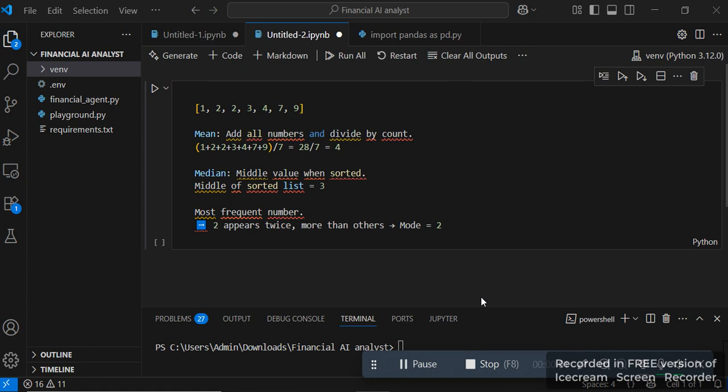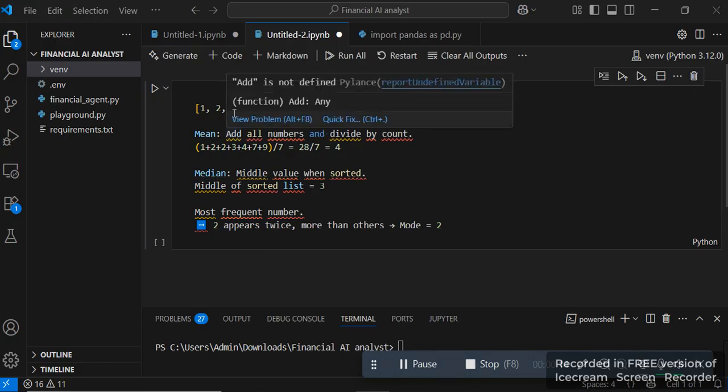Hey everyone, have you ever wondered how the mean, median, and mode are calculated? Or we can find out how it is being done. So let's say we have this list, and if we want to calculate the mean, then we have to do